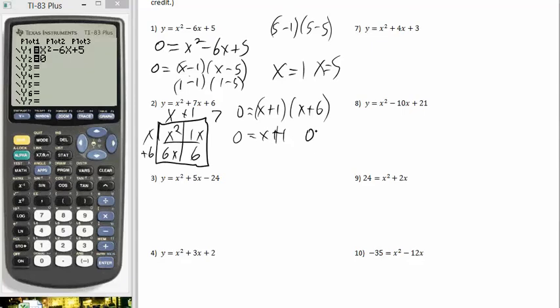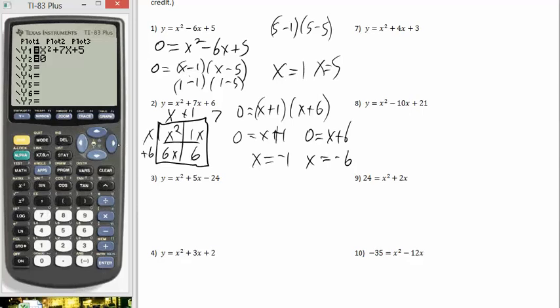And we do 0 equals x plus 6, and just solve both of those equations. All right, and we'd end up with x equals negative 1 and x equals negative 6. And if we were to put that into the calculator,